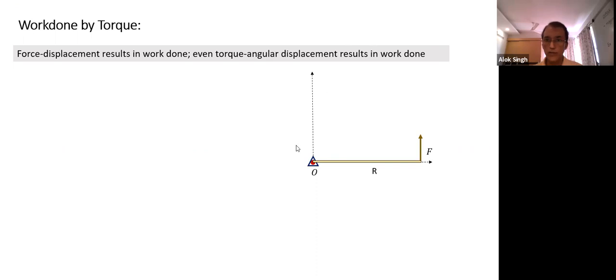Let's imagine this. All of you understand this is a pivot. The rod is pivoted about a point, something like this. If you apply force like this, it can move something like this. You can imagine, or you can try taking a scale, make a hole in it, and apply force. If I apply force, the displacement takes place about the axis of rotation. This is what the figure indicates.